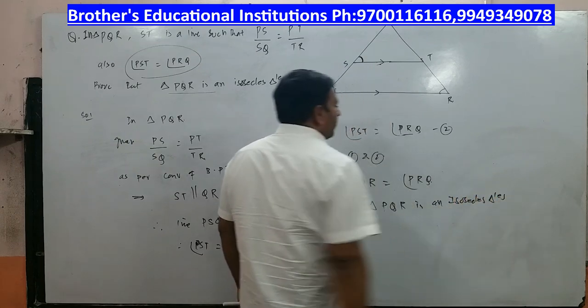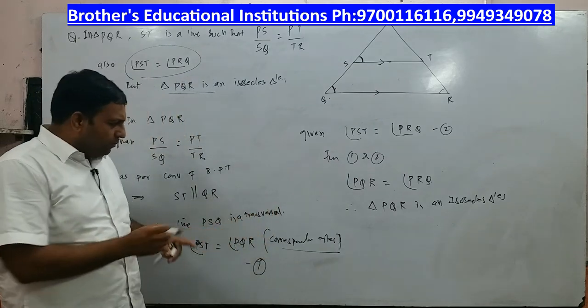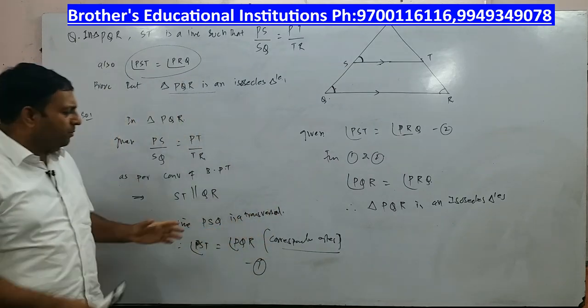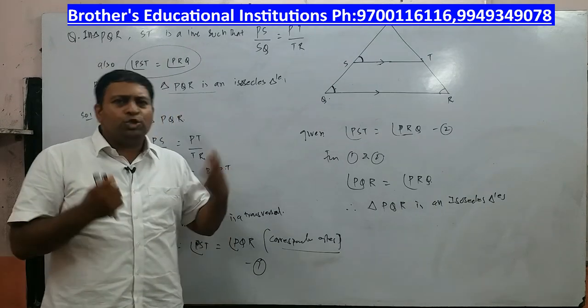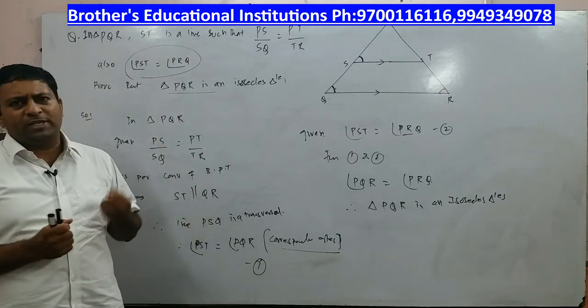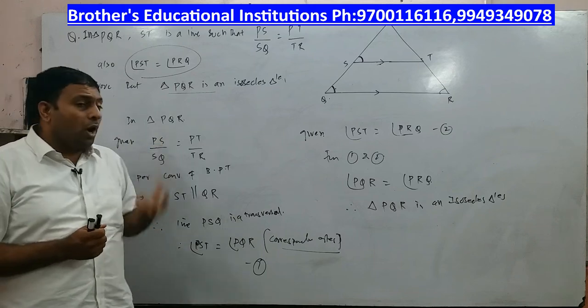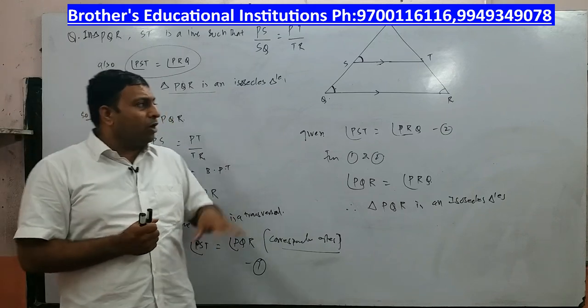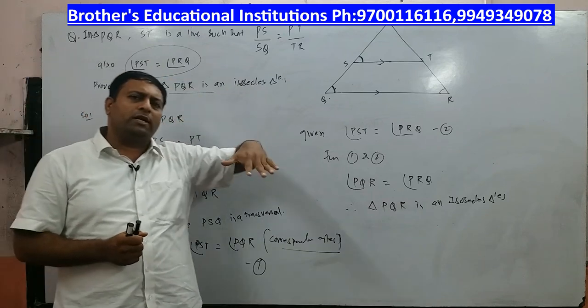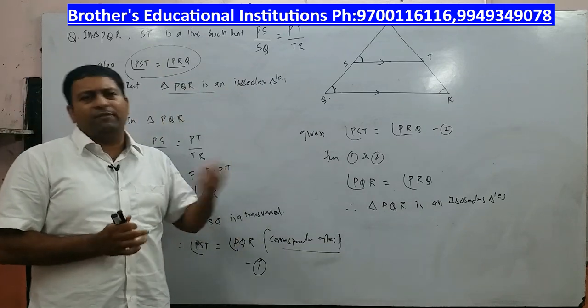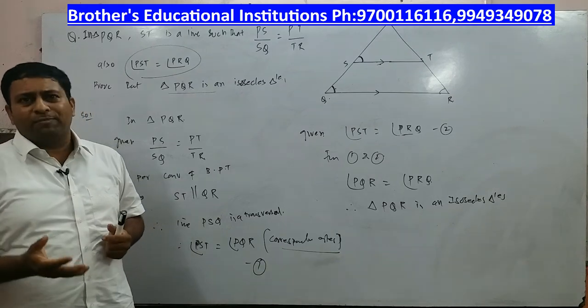So, today we have covered these problems. This problem was based on the converse of basic proportionality theorem. The previous problem was based on basic proportionality theorem. I am sure you have understood the concept of basic proportionality theorem very well. There is a lot and lot of practice to be done. And not only in this exercise, you may come across problems related to basic proportionality theorem in other exercises also. And it's a very, very important exercise. It needs a lot of practice, right?